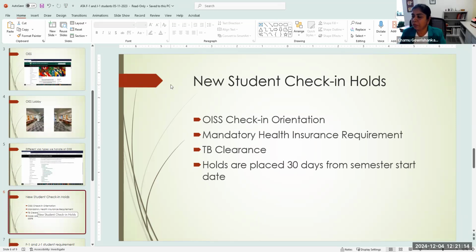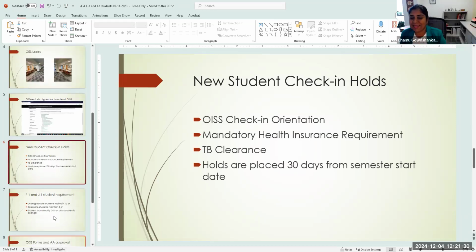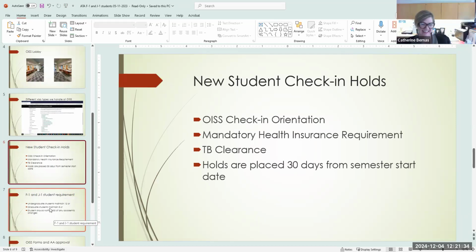Any questions? Or you can stop me if I'm going too fast. There was just one question in the chat about the restriction for the number of credits that a student can take online. Oh, sure. I think that's my next slide. Okay, coming up. Yeah, I'm going to talk about that. Thanks for the question.